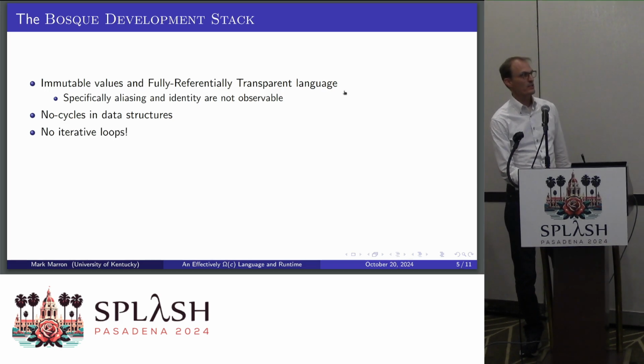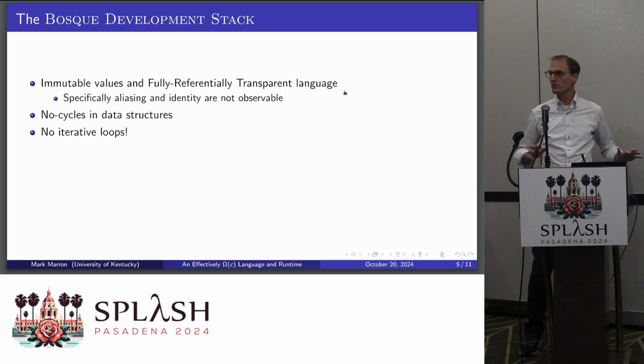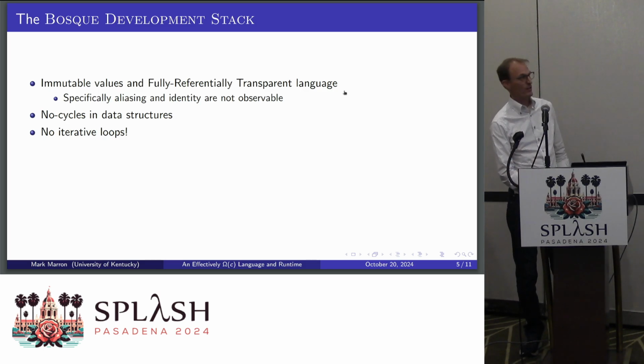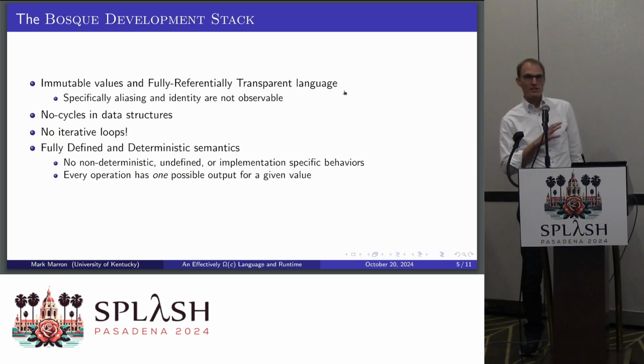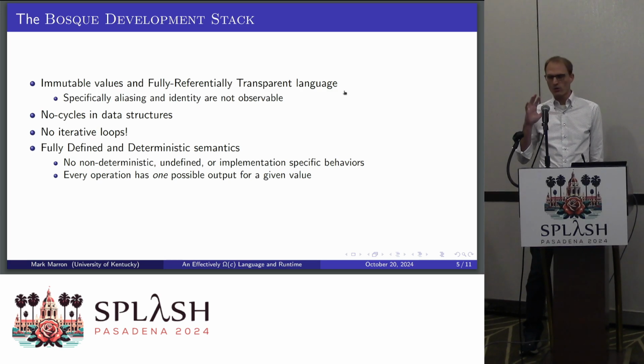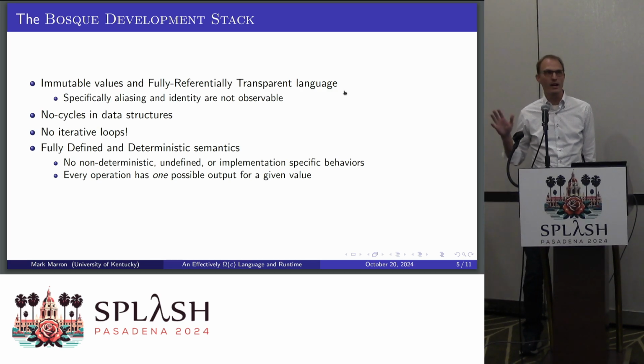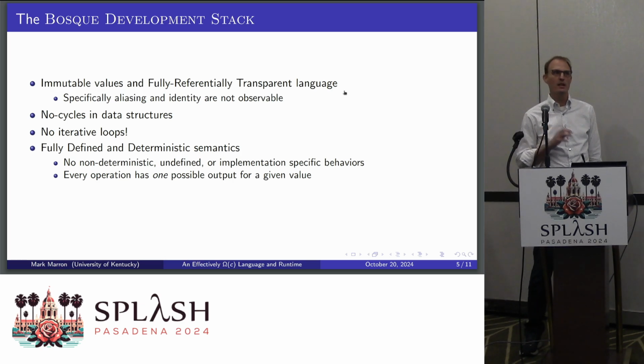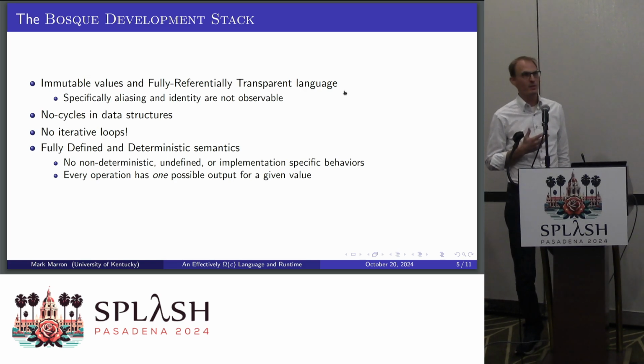One I really like is there are no loops, no iterative loops, and we try to discourage recursion, so we don't want inductive invariants and all that gross stuff. The semantics are designed to be fully deterministic, so of course, no undefined behavior, that's right out, but not even things that are implementation defined or maybe version defined, like what's the enumeration order of keys in a dictionary, right?